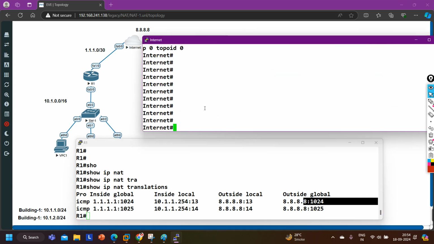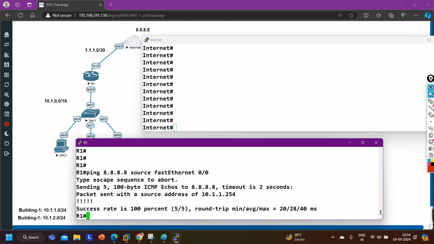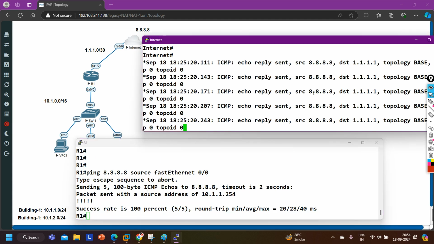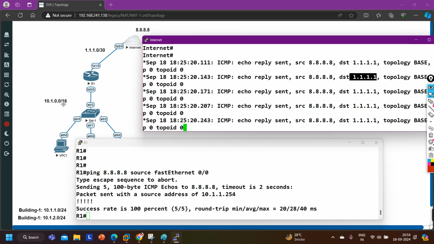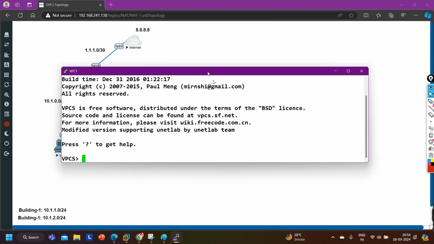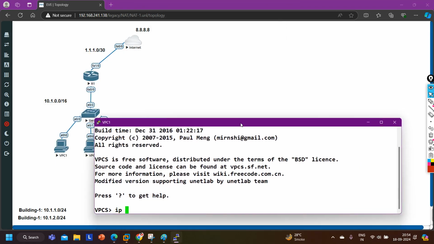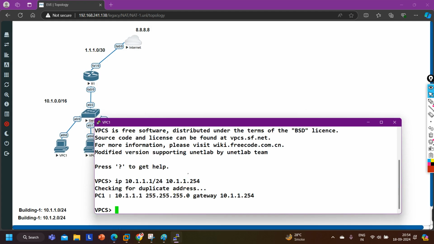Even you can see here on the internet router, when I am pinging 8.8.8.8 from router 1, the internet router is replying to 1.1.1.1, not to 10.1.1.254. So let's say this PC has one IP address, 10.1.1.1/24, and 10.1.1.254 is the gateway, right?